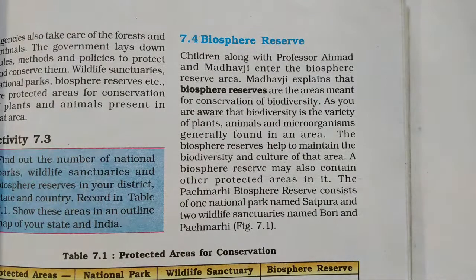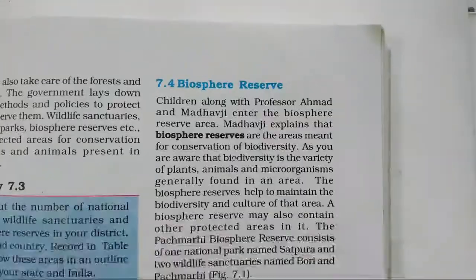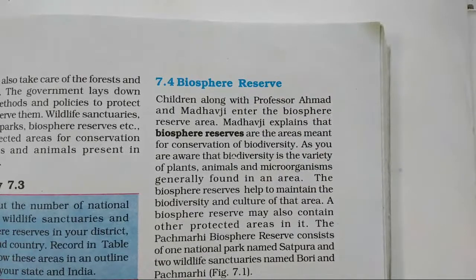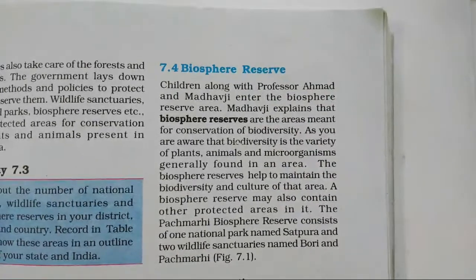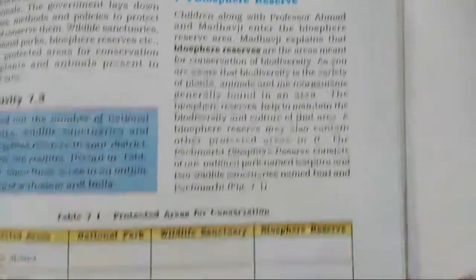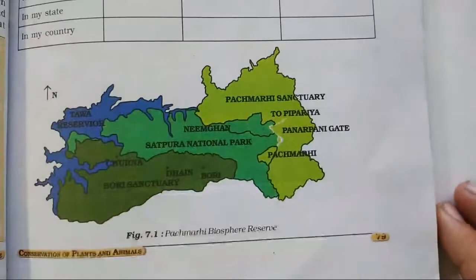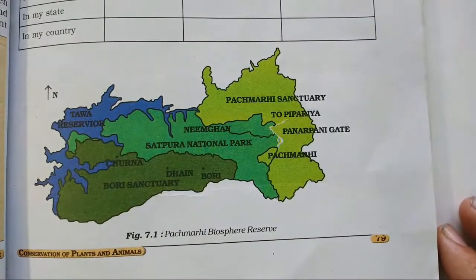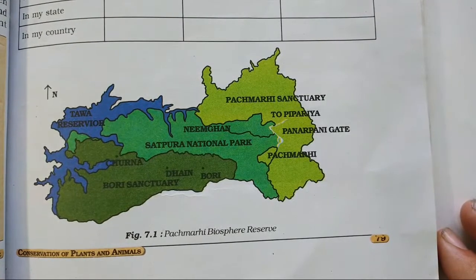Chapter 7, Conservation of Plants and Animals. We are doing the Biosphere Reserve, and in this we will understand more about what a Biosphere Reserve is. In your books there is a map given. This is a Biosphere Reserve,